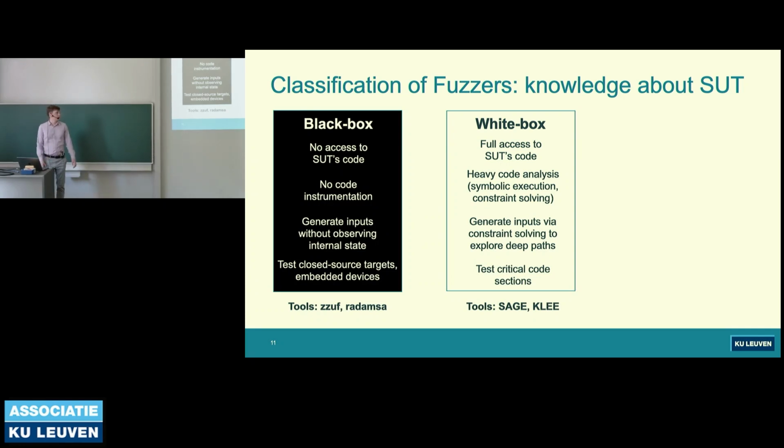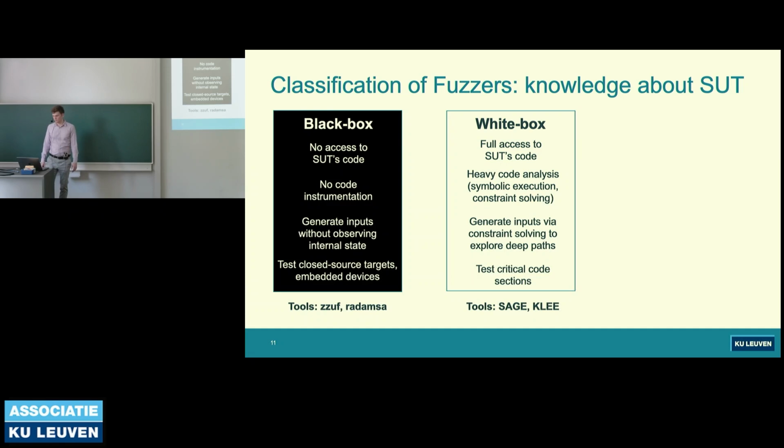Of course, these fuzzers are much more efficient, but they also require a lot of time to generate those inputs and solve these hard problems. So this type of fuzzer is typically used only in the critical sections of the code, where you really need to make sure that you don't have any